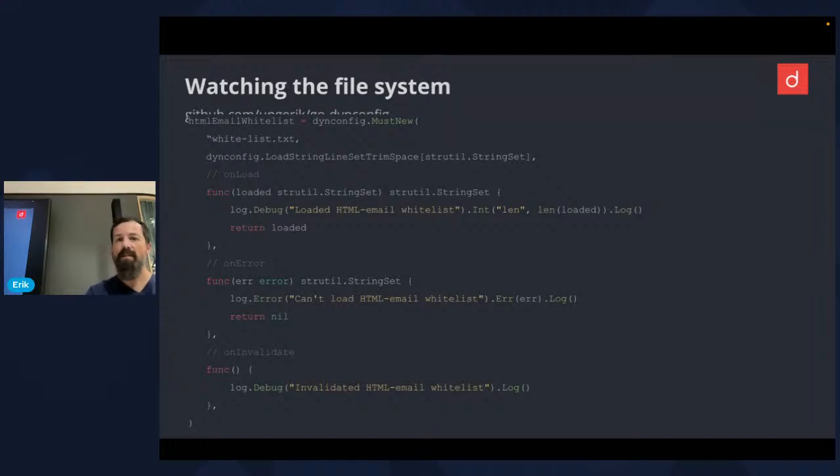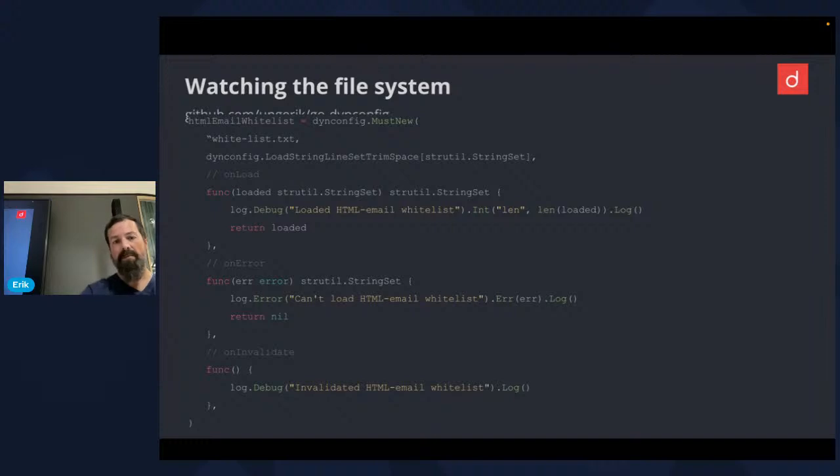And the nice thing here with the Go generics is basically this loader function. This loader function injects the type of the configuration into the whole thing. So you don't see any template braces here, except for here. This function is again a templated function. And the type that it uses here is a string set, which is just a set of strings. In this example, you just read the text file and you have a unique set of strings that are whitelisted emails that you want to accept.